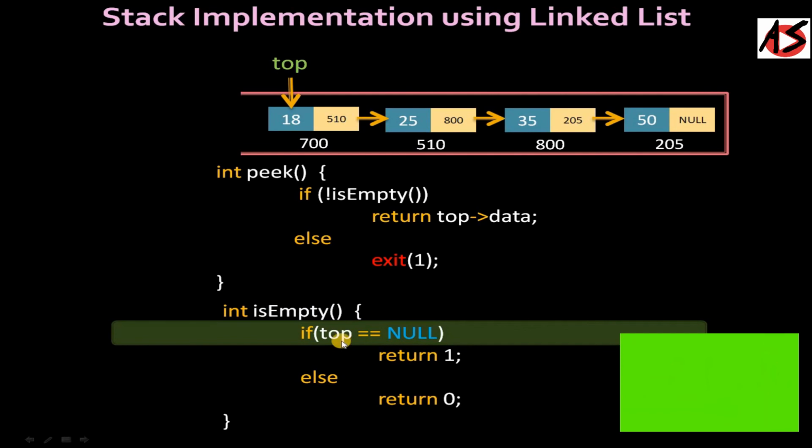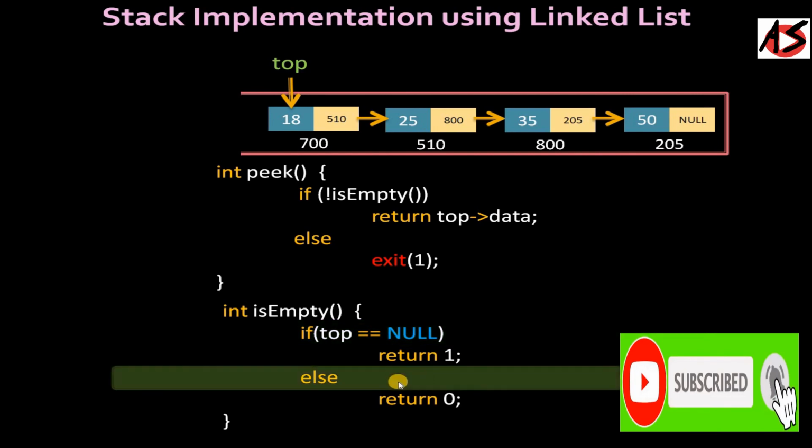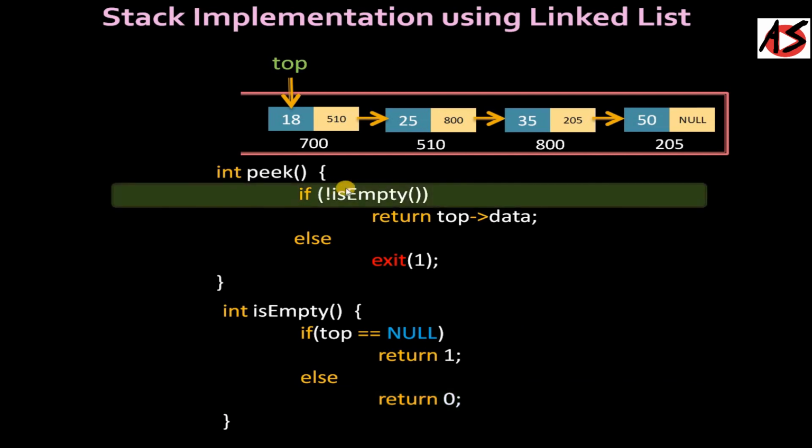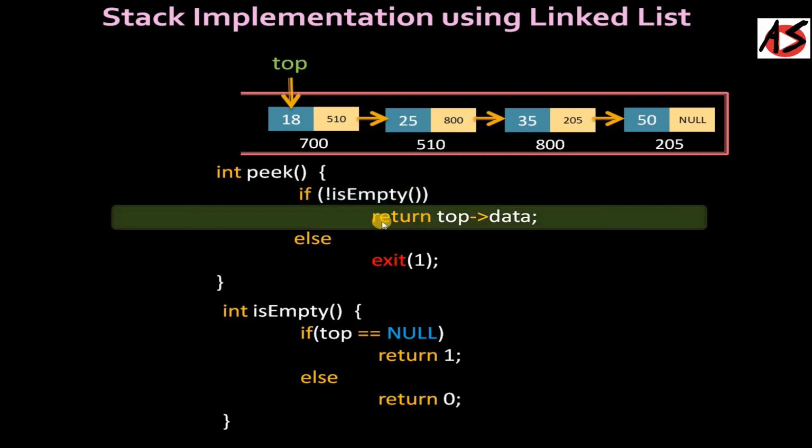In the isEmpty function, if your top is equal to null, it returns 1. Here your top is not null, so it goes to the else part and it returns 0 here. That shows your isEmpty is false here. So the negation of isEmpty is true here. So you go inside the if condition and then you return the top data. So you can access the node data part, that is 18 here. So you can see the data from the top side using the peek function. So that's all for stack implementation of push, pop, peek and isEmpty using a linked list.